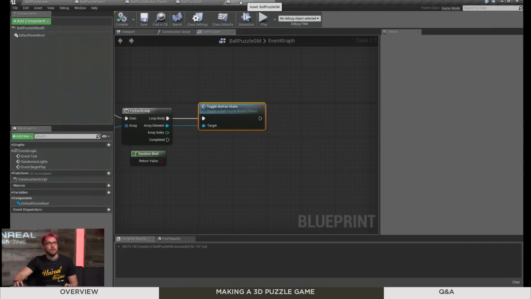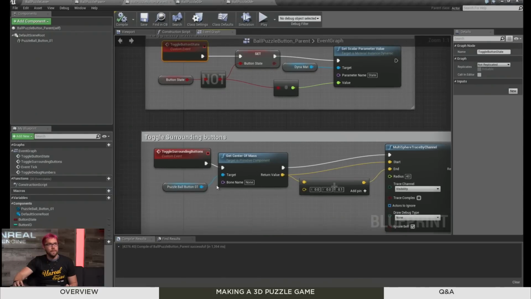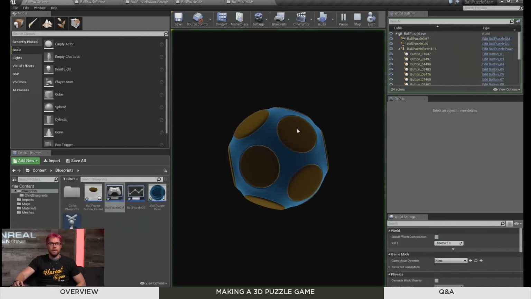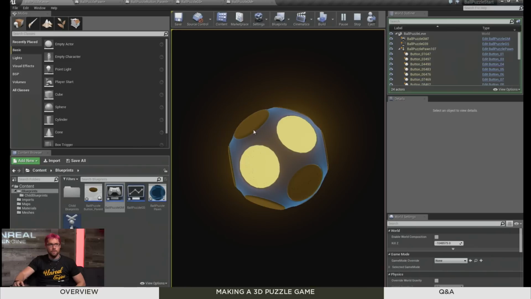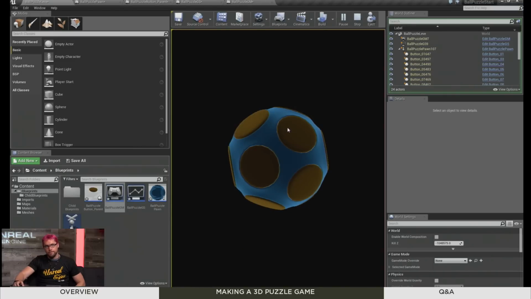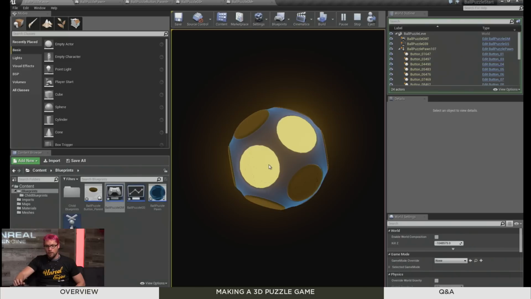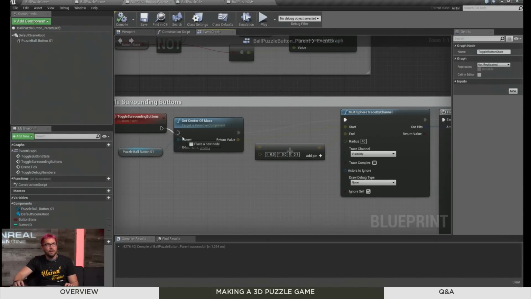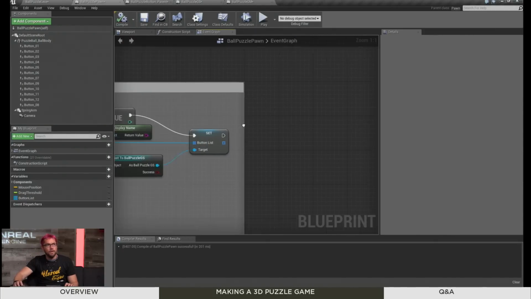So real quick, I'm going to do something. Let's go over to my button. I'm going to disconnect toggle surrounding buttons. I'm just going to test the game, make sure this is working the way I think it should be. Now, it's going to take a second to play because I made a change in the base button class. Okay. So this is working just fine. So what could that designate? That means that when I call it in pawn,